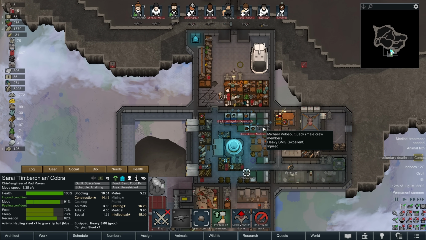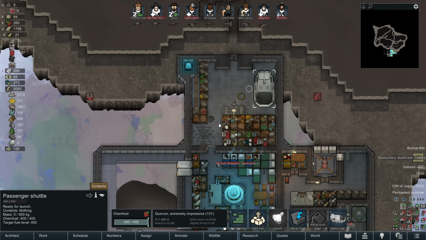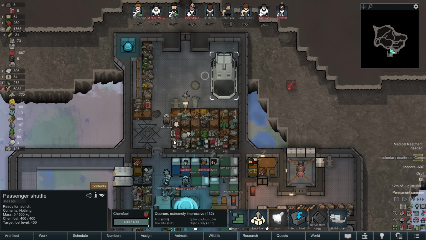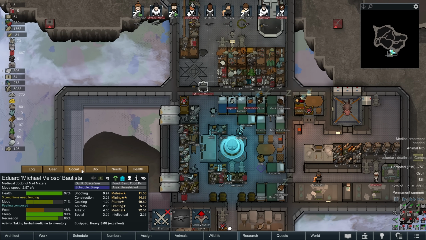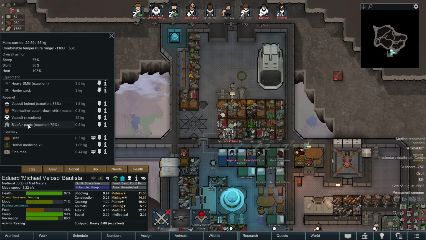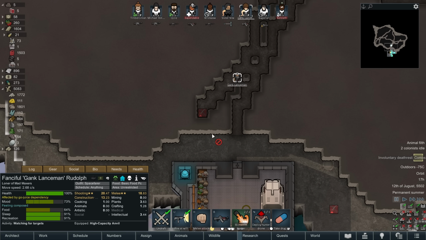This is our first time in space. Oh yeah, forgot to roof over the passenger shuttle, which was why this place was completely and instantly a vacuum. Yeah, I should have just left the doors closed, had a roof on it, and this probably would have been fine. Well, never mind. Michael, how you doing? Why do you need medical treatment? Vacuum burn? You're in the right gear. You got a vac suit helmet. We're going to try playing around with these mining charges. So we're going to stick one in there and give it a little shoot. Put away. And...